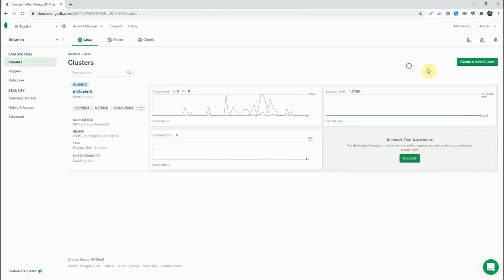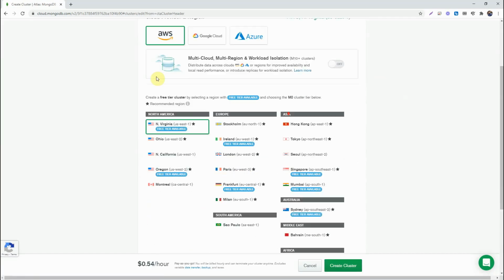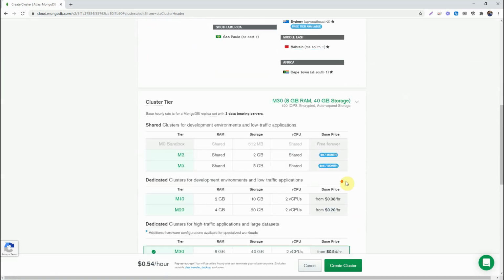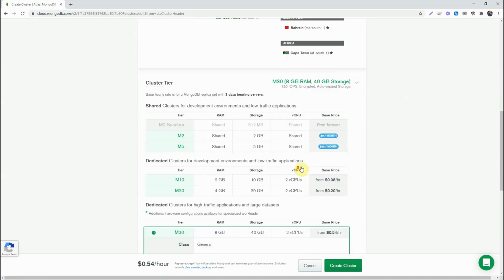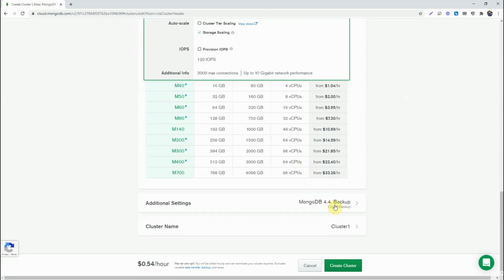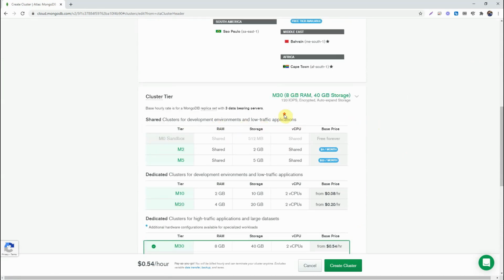So you need to create one cluster. If you don't have any cluster, then you can create one. Go to create new cluster, AWS, and the cluster name is Cluster1. You need to use the free option.